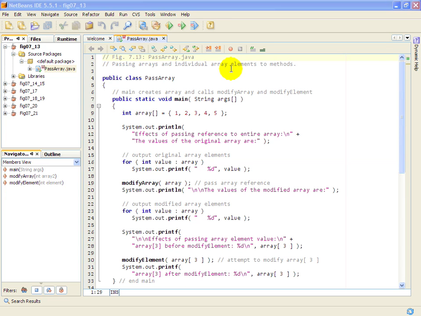Figure 7.13, PassArray.java. The purpose of this example is to show you the difference between passing an individual array element into a method versus passing the name of an array to a method. It turns out that when you have an array variable in Java, it's actually a reference to an array object,